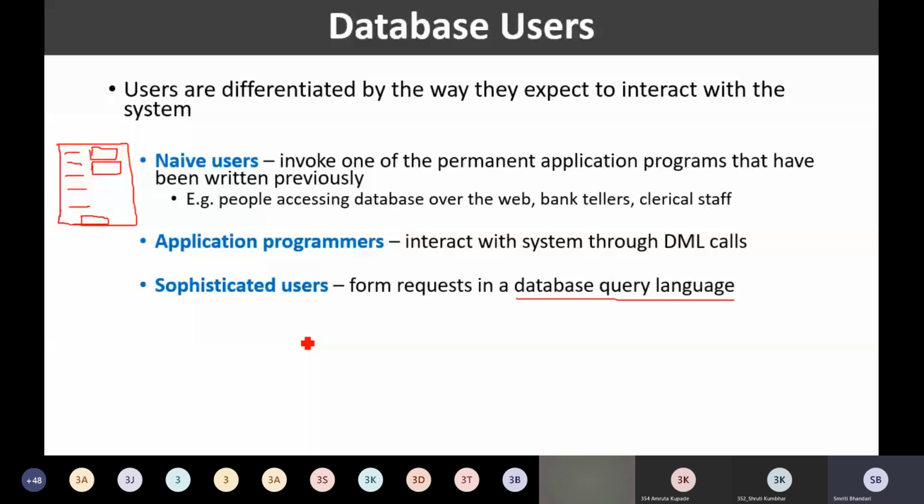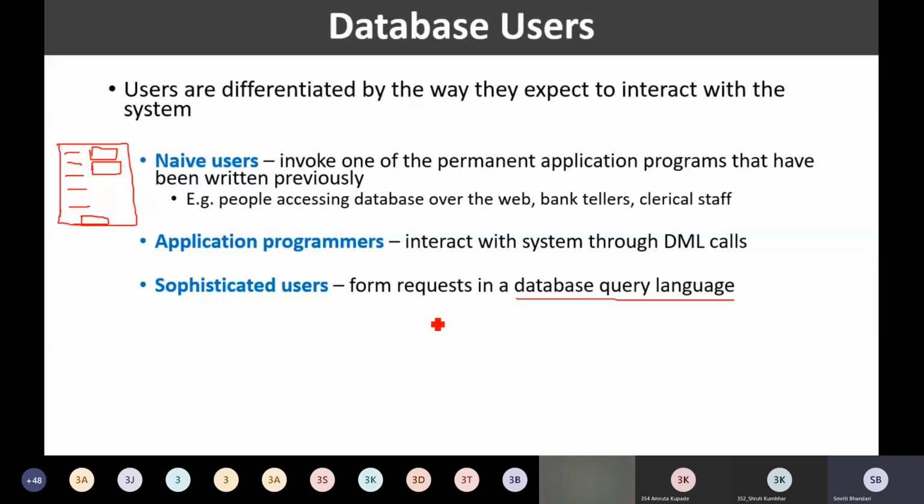These data analysts are the sophisticated users who are not writing any application program, but are using data analytics tools, or directly using requests written in a database query language, and extracting whatever they want from the database.